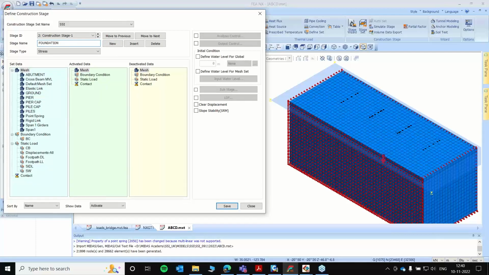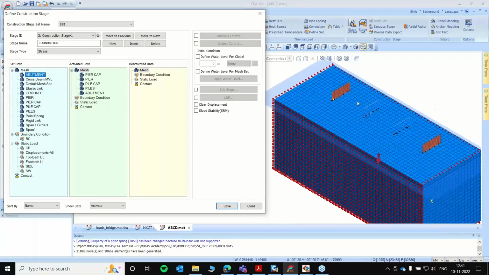So here we activate all the foundation elements. So I activate the pier cap, the pier, the pile cap, and the piles, and the abutments. It is completely subjective. If you want, you can also add one more stage and then activate the piers and the pier cap. But I just did all the substructure completely together.